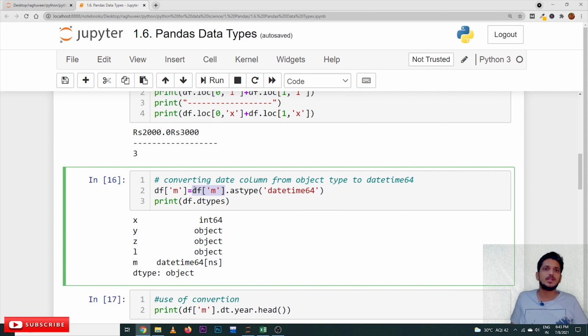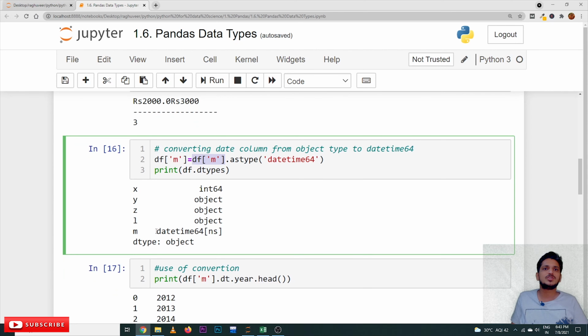After converting it, we assign this to df of m. That means after converting it, we have assigned it back to that column m. After doing all these things, after this conversion, we display it with print df dot dtypes. Now it is considered as datetime64 format. So you will get a question, what's the use of this date time format? Let's try to understand this. This point is very important, because you have to do these conversions most of the time in data science, whenever you are cleaning the data, and many times we will use this during our projects.